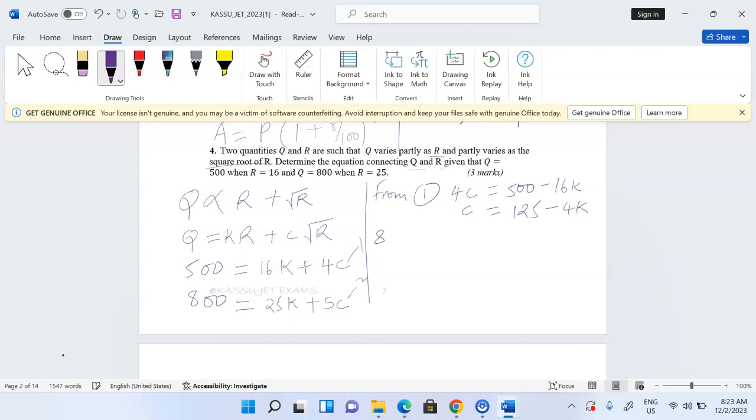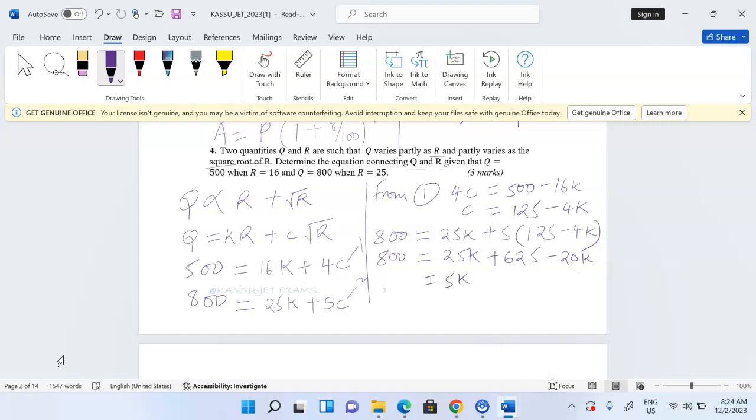Therefore, equation 2 can be rewritten: 800 equals 25K plus 5C. Instead of C, we write 125 minus 4K. Therefore, 800 equals 25K plus 5 times 125, which is 625, minus 20K. Therefore, this is 5K